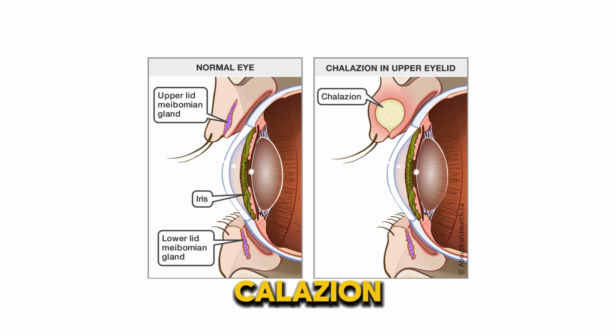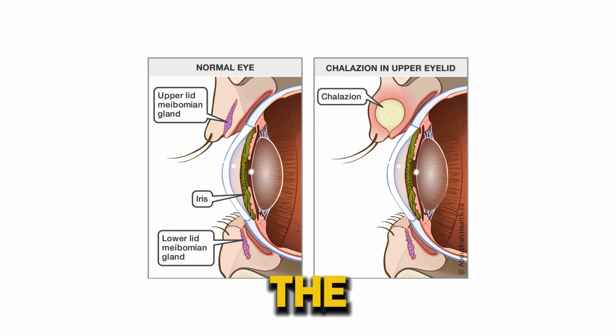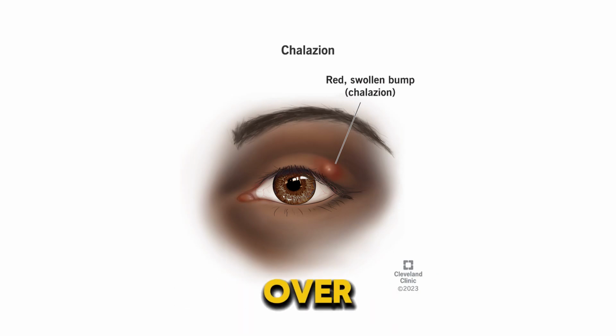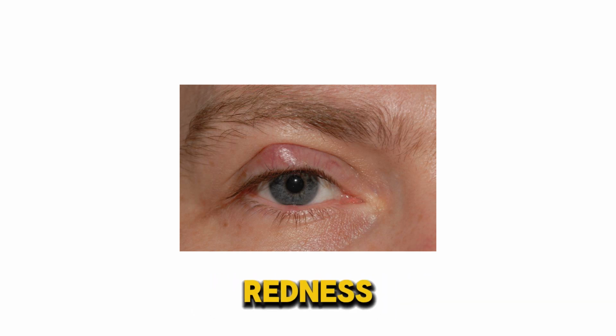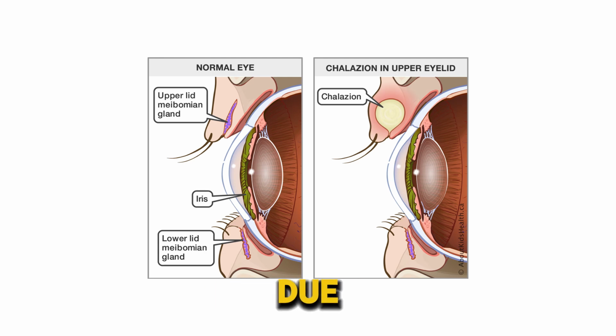Chalazion. Chalazion is a chronic localized swelling of the eyelid. Patients usually present with a painless lump that develops gradually over weeks. Unlike acute infections, there is typically minimal redness and no significant tenderness. Chalazion occurs due to obstruction of a meibomian gland duct, leading to retention of lipid secretions. Over time, this triggers a chronic